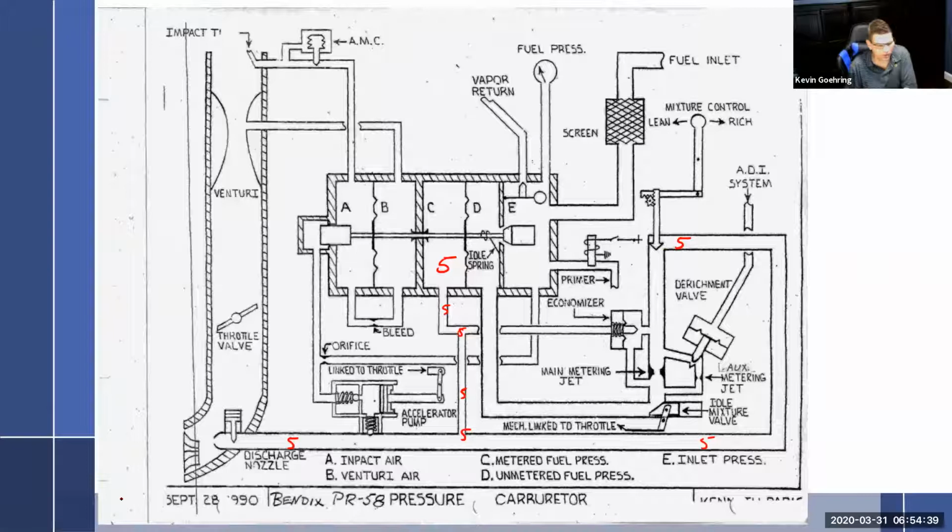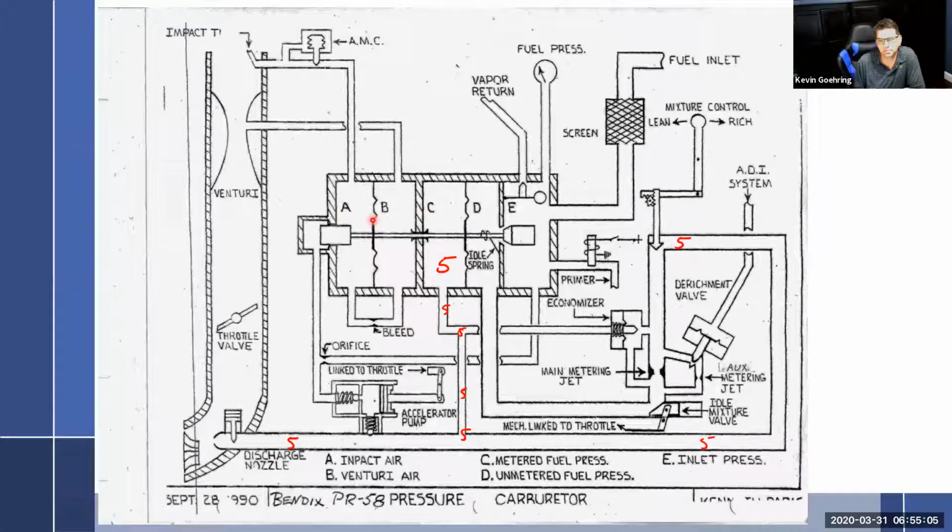Once I get past that, I have no guarantees for what the fuel pressure is because I have two restrictions. One right there. Go back to my laser pointer. I have one restriction right there, and I have another restriction right there, and another one there, and another one here. So on this side of the restriction, I have no idea what the fuel pressure is because it's just whatever it is in D. But everything else is going to be 5. So we know that A goes to the right, B goes to the right, C goes to the right.